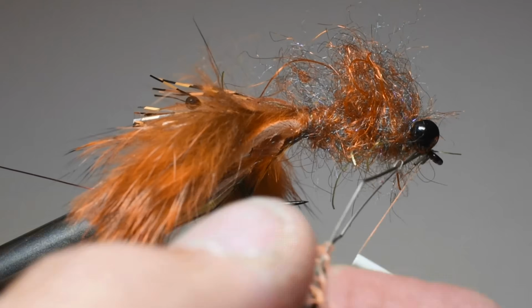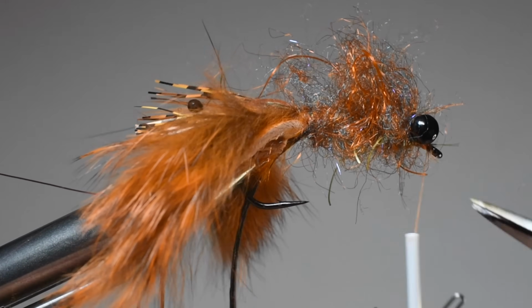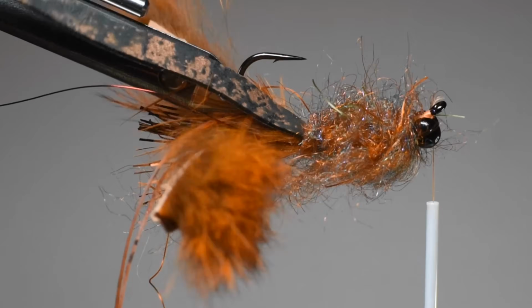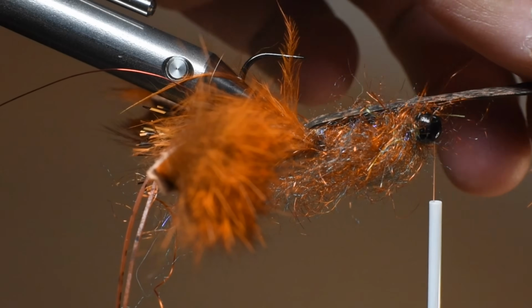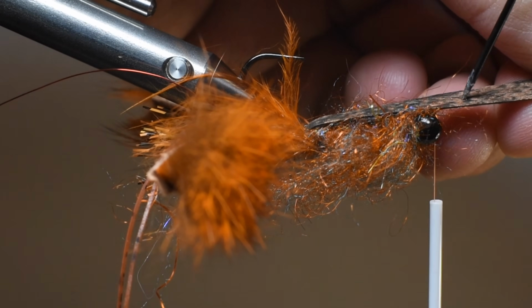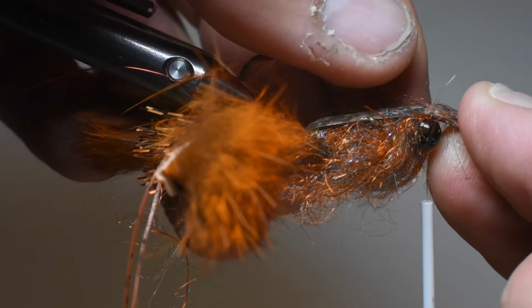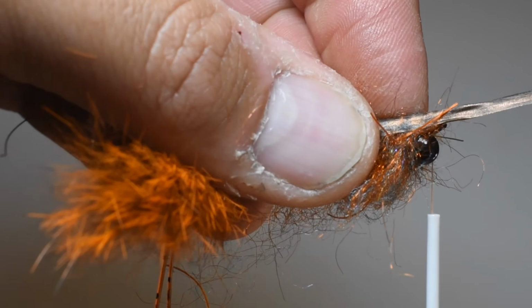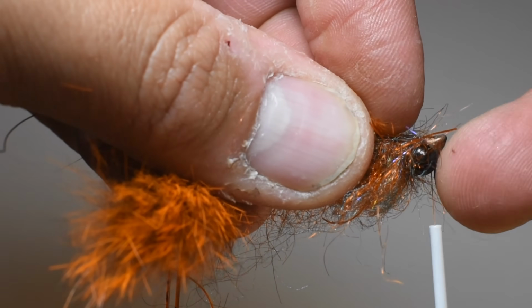This is going to be the bottom side, the top's going to be the bottom. So just by covering our thread wraps there with a little bit of dubbing is all we need, and we'll tie it off. Now, at this point, we're going to pull the exo skin over, and you want to use your bodkin when it's stretched a little bit tight, poke a hole, and then remember where that, I lost it, crap. You really want to remember where that hole is,